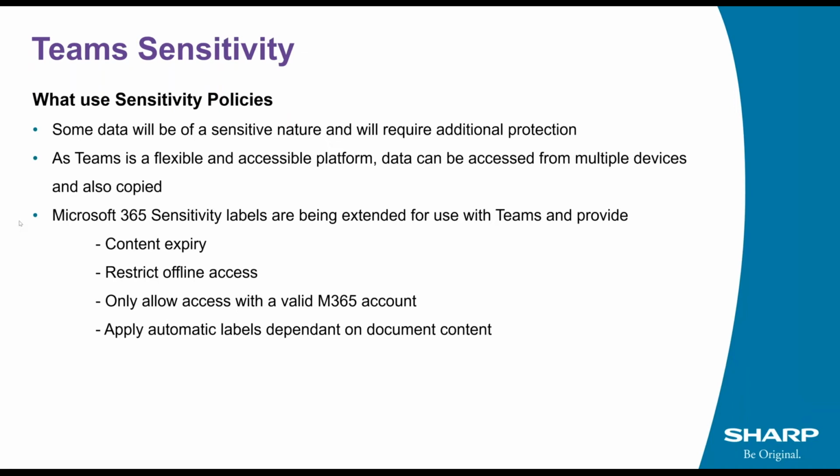And we can also apply automatic labels and encryption depending on document content. So if you have documents or spreadsheets, etc., that might contain things like credit card information, other personal information like driving license numbers, or even specific to you as a business, specific account number formats, etc., you can actually have Microsoft 365 automatically encrypt it and even apply labels which put a kind of diagonal message across the back of the sheet or document or Excel sheet saying confidential, for example, if you so wish.